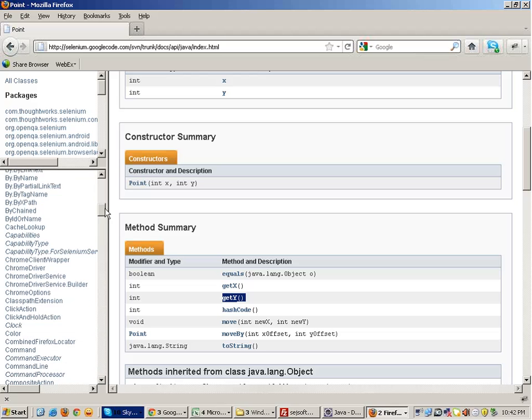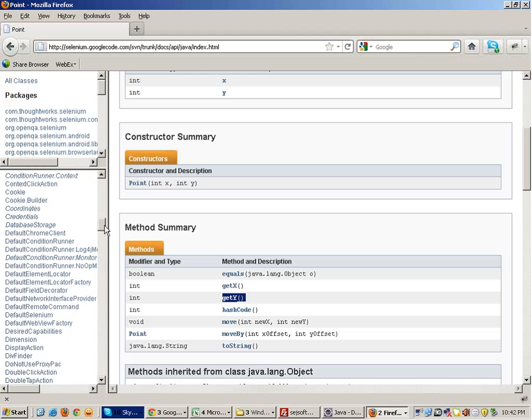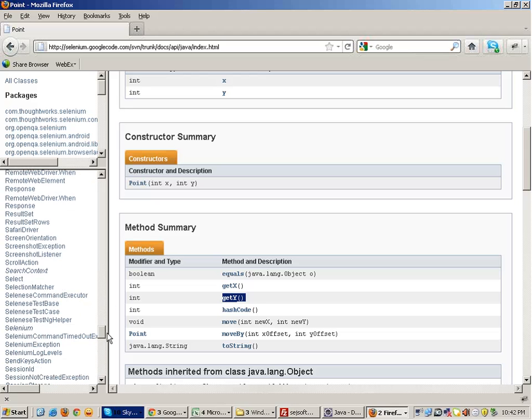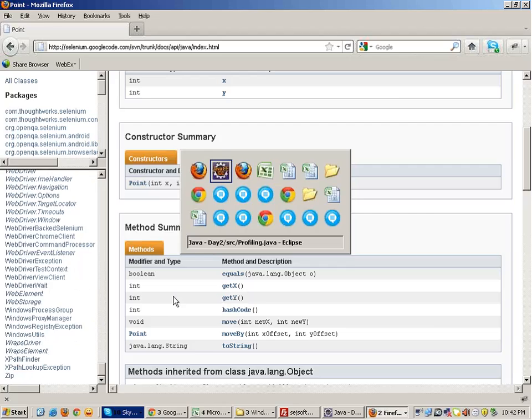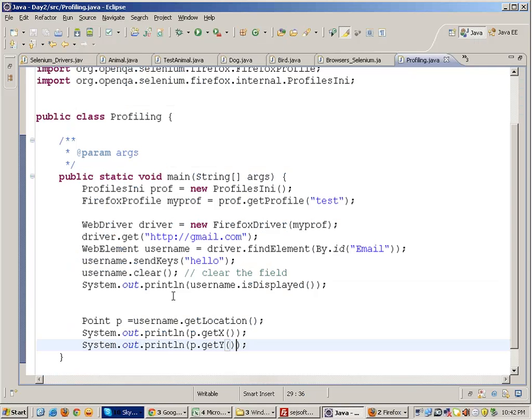Okay, it's not mandatory for you to know about all these classes. But what is important is having the knack of navigating through the documentation. This is how you navigate through the documentation, and that's how I also have learned it. The only thing is the concept of objects, object-oriented principles, interfaces, classes, this should be very, very clear. Right? When you run this code,